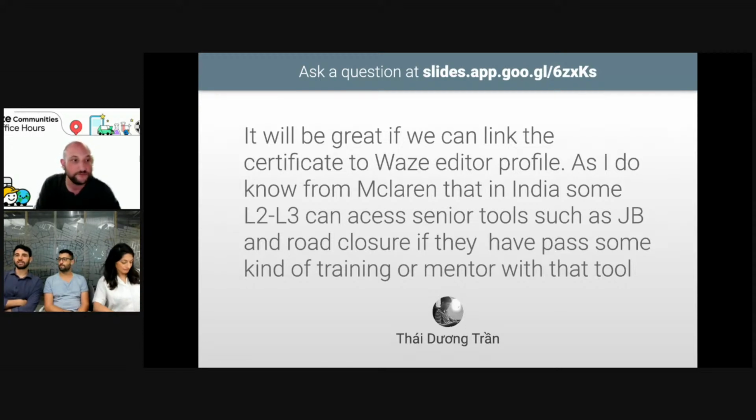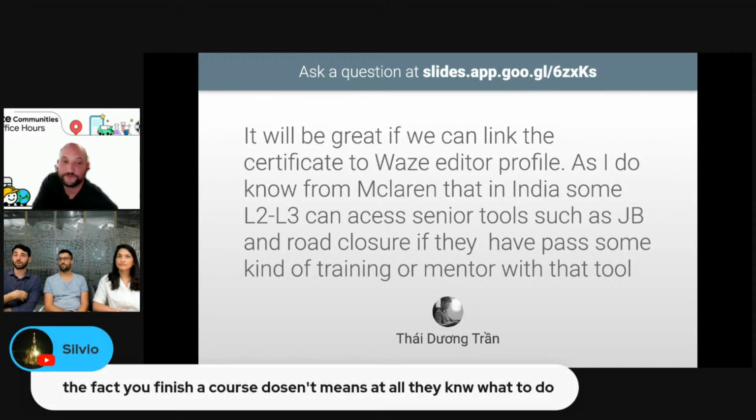And also I would add that a lot of those features mentioned here have a standalone lock rank. So coordinators can, if let's say all the level 3 editors in your country finalize the Waze Academy or the advanced courses for the junction box, feel safe to lower the rank in your country to a lower level. You can always reach out to your community manager. We can easily lower the rank for specific things like lanes, junction boxes, and stuff like this. So maybe you will feel safer and unlock the map a bit.